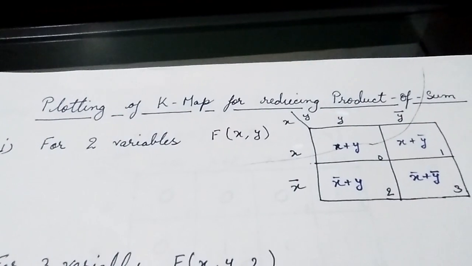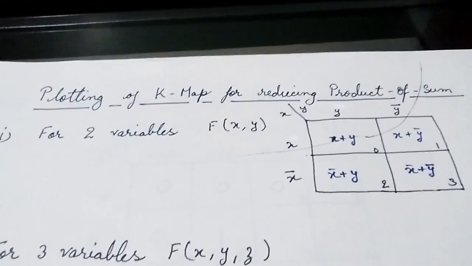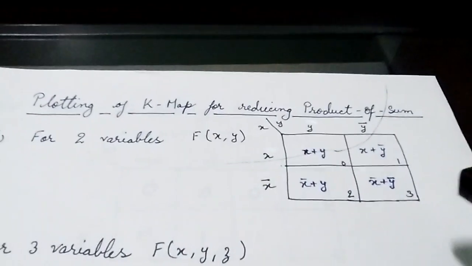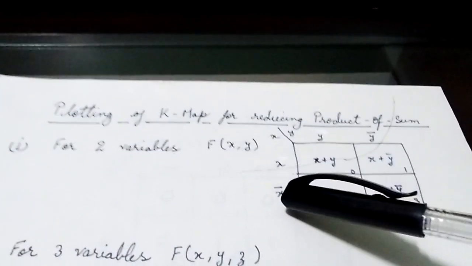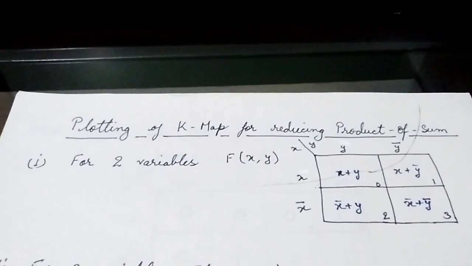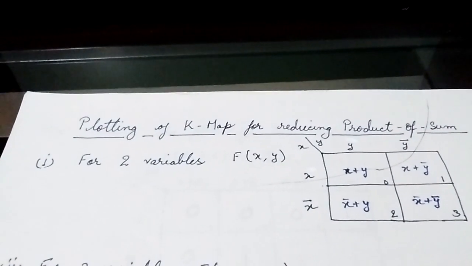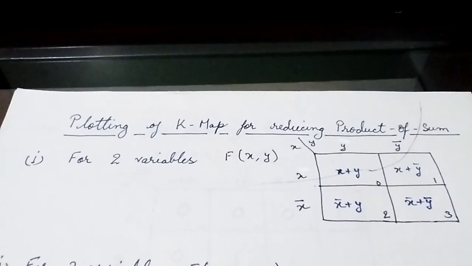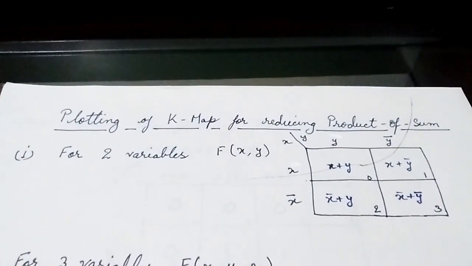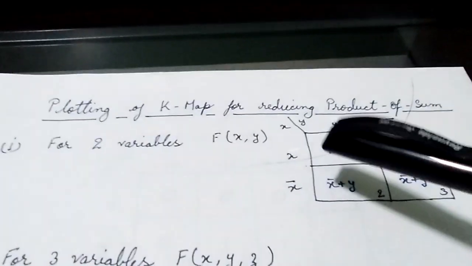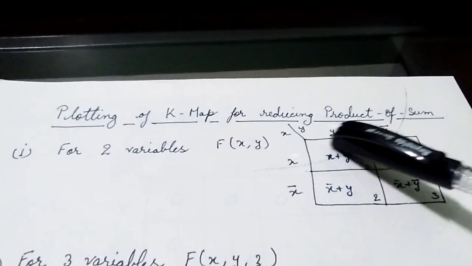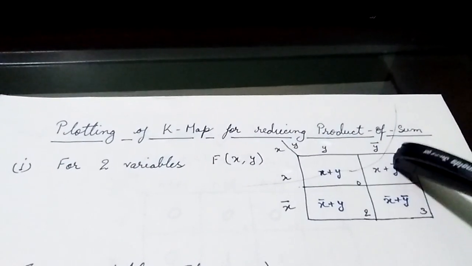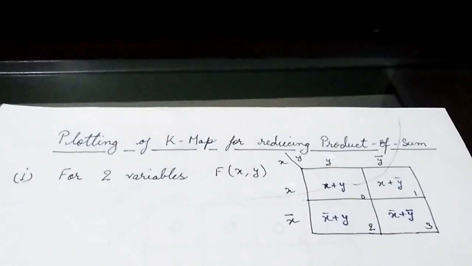So for two variables, to plot the Karnaugh map of product of sum, we draw a rectangle and we write X and X bar in place of X bar, X, and Y and Y bar. Now similarly, we put the designation values 0, 1, 2, 3, but if you see the combination here, it is no more a min term, it is a max term combination. Remember, you don't have to write this combination in your answer. This is for your explanation.